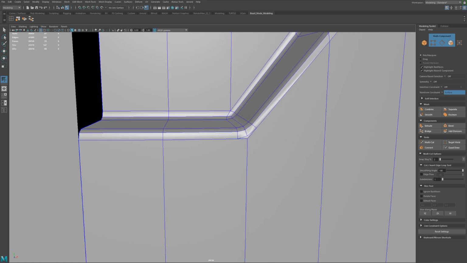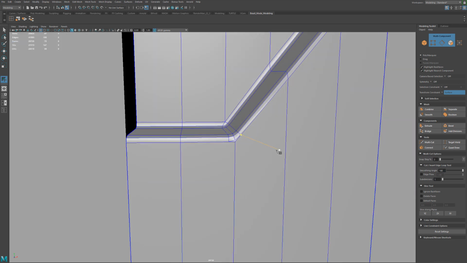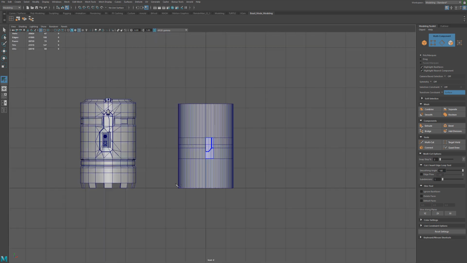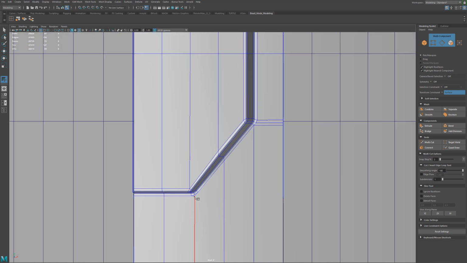So we want to feather this thing a little bit, right? And the good thing is we're working on this denser part, this denser mesh. We're going to make a transition, right? So what I'll do here is go to the front view. And then with the multi-cut, since this little bevel screwed things up,